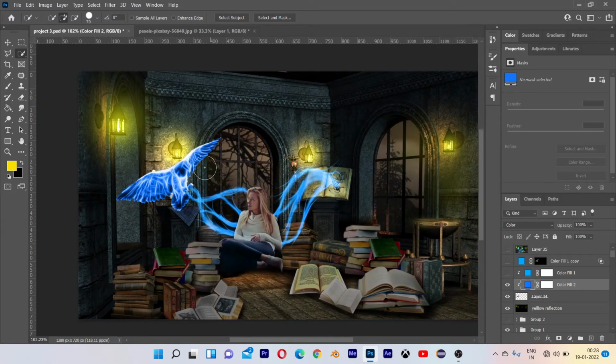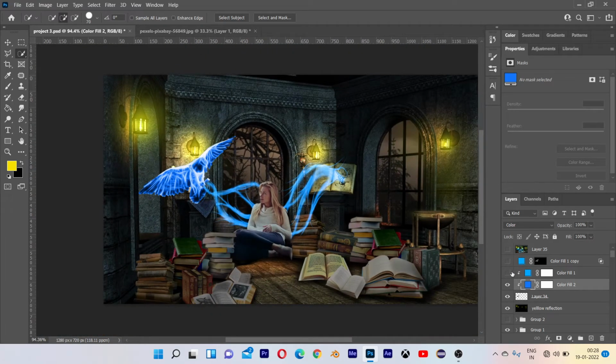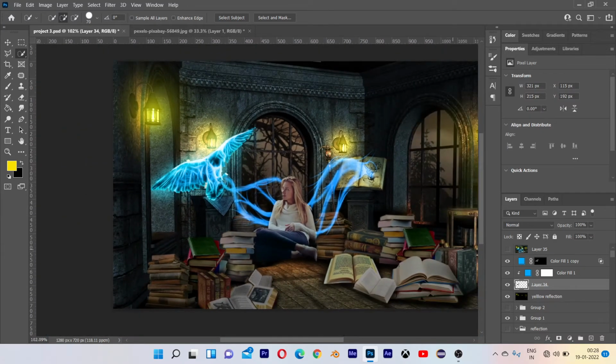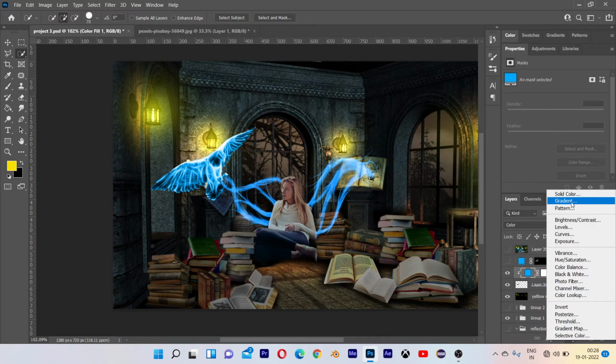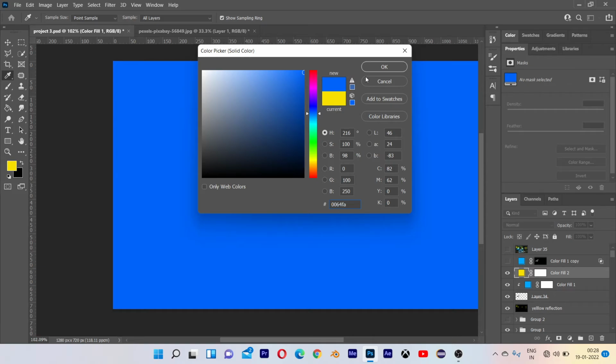This is how you can convert the bird into blue color. And give some glow by the linear dodge method, or you can give glow by solid color also. So go to solid color, select blue color.